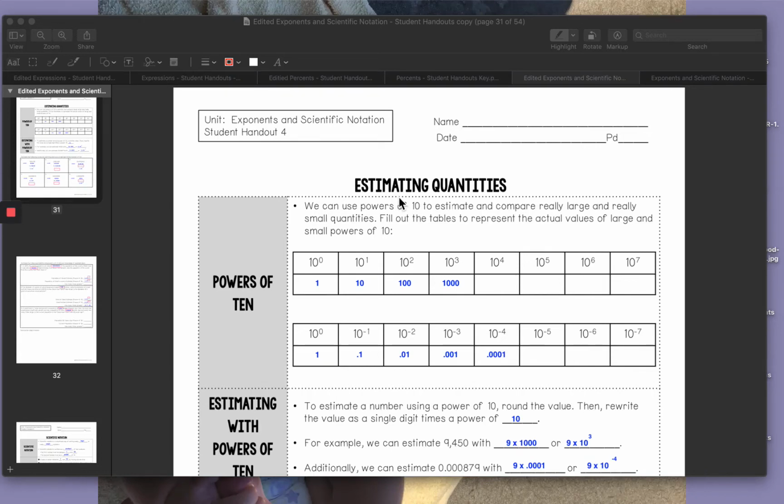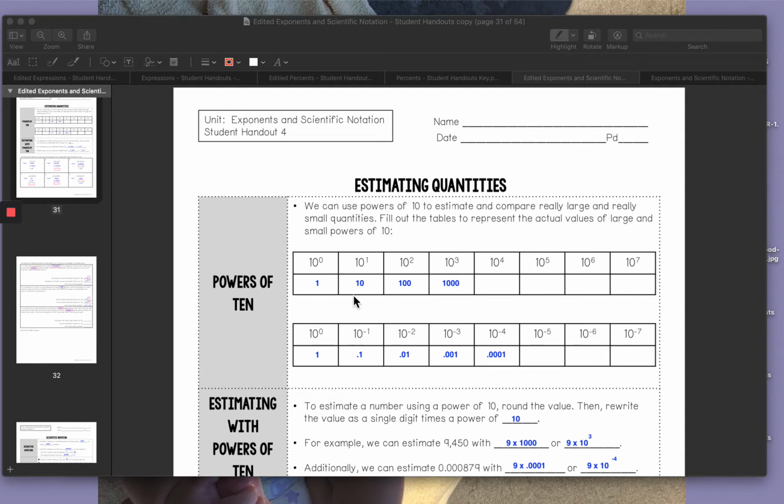Hello everybody, today we are estimating quantities. So when we're doing powers of 10, we can use powers of 10 to estimate and compare really large and really small quantities. We're going to fill out the tables to represent the actual values of large and small powers of 10. So in this first chart right here, we have 10 to 0, and anything raised to the 0